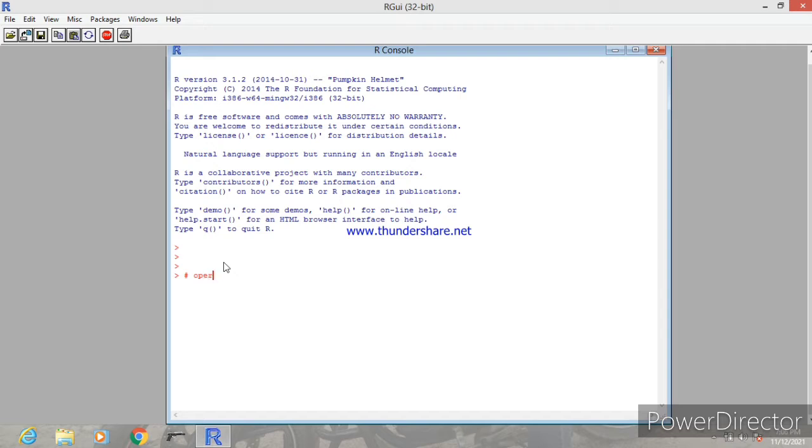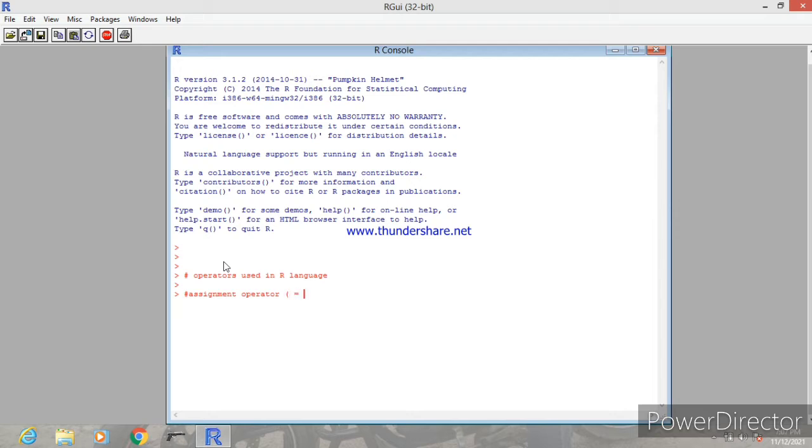Just open R. This is the R console. Now we can see how to write code in R and how we can use the R console. In this video, I'm going to explain what the different types of operators in R language are, what a vector is and how we create a vector, what a string is and how to create a string, and what a matrix is and how we create a matrix in R.